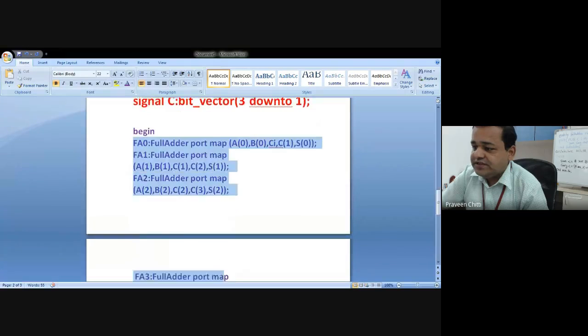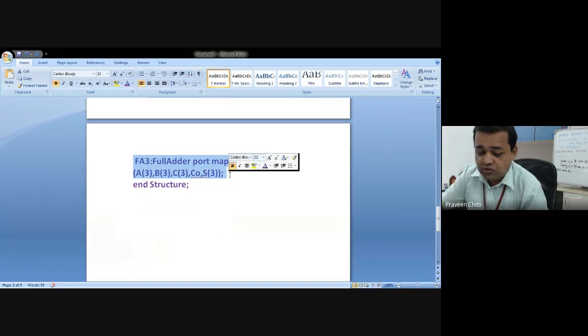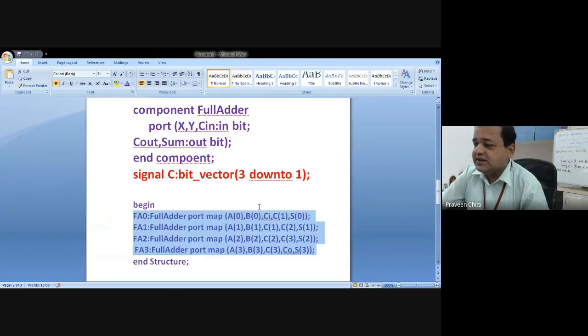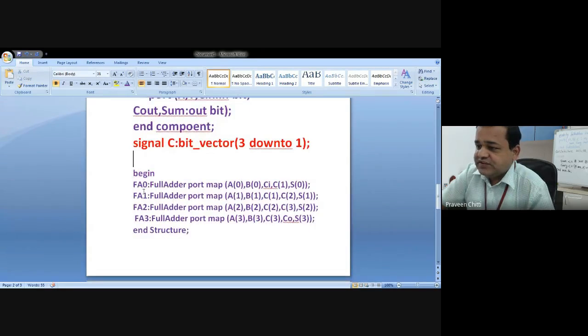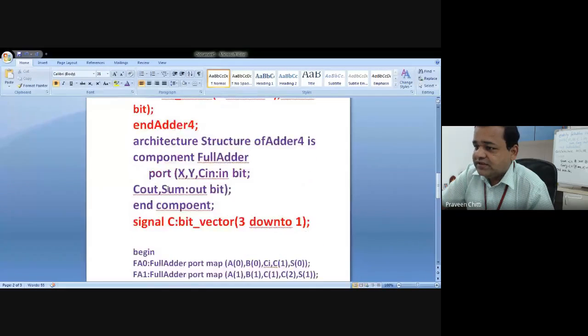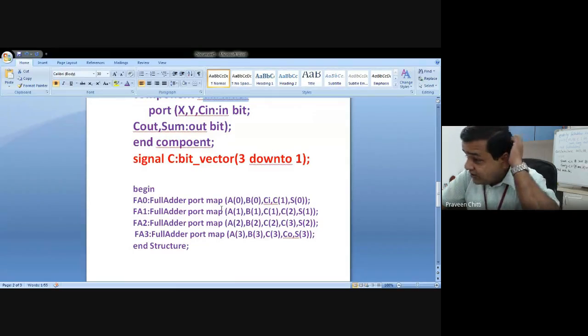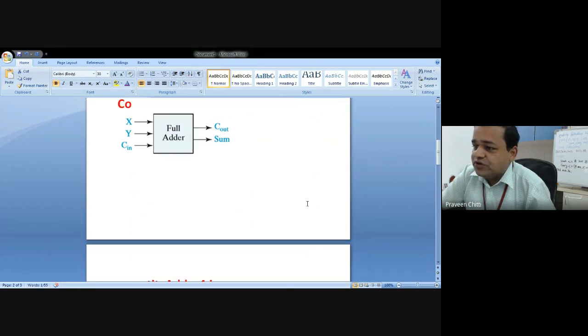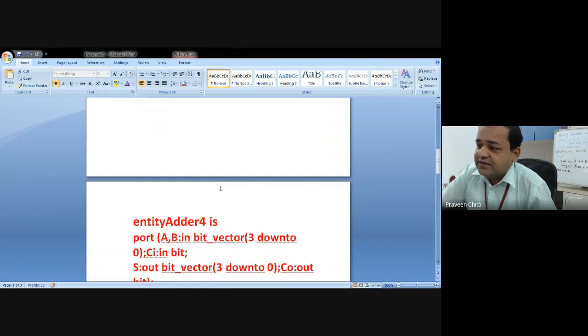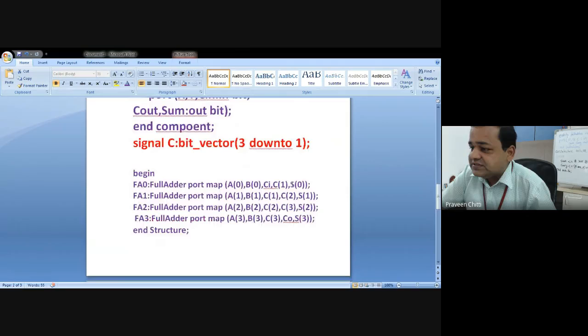So if you do this, you can see here now. Begin. So first full adder you are calling, it is like calling a function. Full adder you are calling with what values? A of 0, B of 0, Ci, C of 1 and S of 0. That means you are calling this with these inputs and outputs. Similarly, you are calling FA1, A1, B1, C1, C2, then FA2, FA3, and